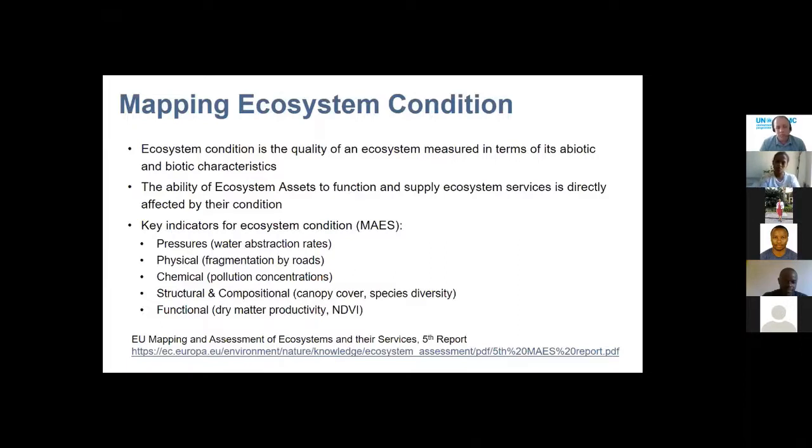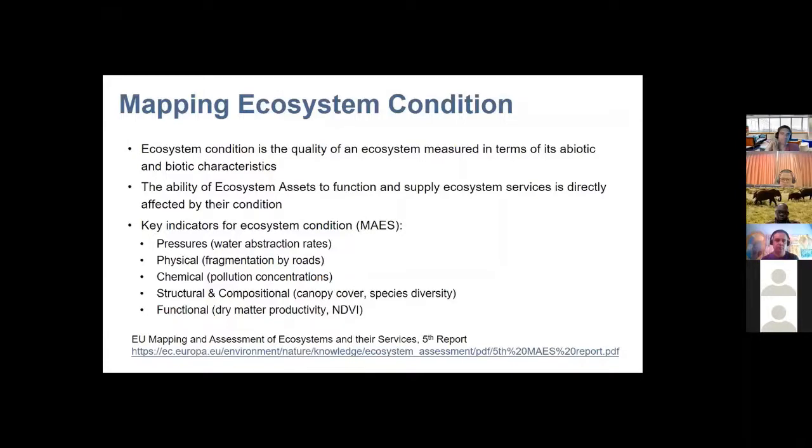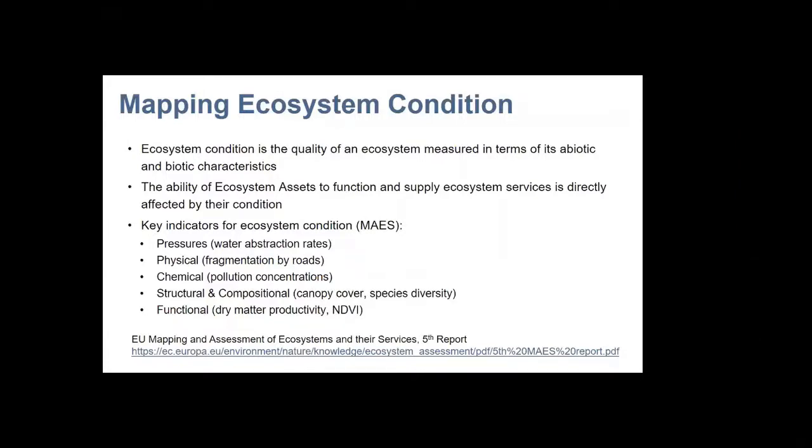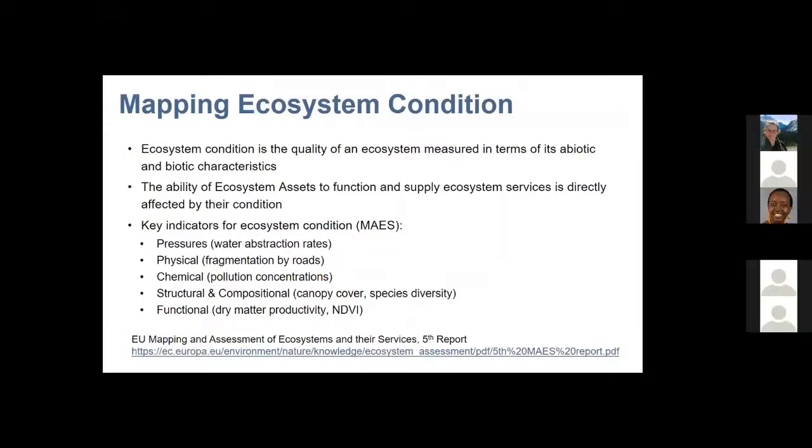Physical indicators, so this would be things like soil sealing or fragmentation by roads, some kind of physical structural intervention. Then there'll be chemical indicators, so for instance looking at pollution concentrations in water bodies,